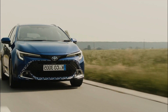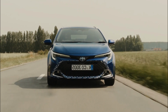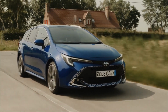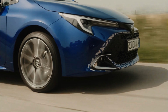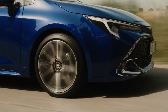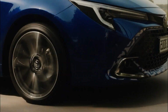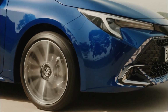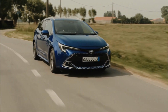Toyota has not only focused on advanced technology and an improved engine, but they've also included a slew of safety features in the vehicle. They've added the Toyota T-Made package, which gives the car some additional features such as blind spot monitoring, safe exit assist for when you don't want to open a door on passing cars or cyclists, and the rear seat reminder system. According to Toyota, owners of the Toyota Corolla can now receive upgrades to the infotainment system thanks to the over-the-air update capability. All in all, the Corolla has received some pretty awesome upgrades, making it quieter, more comfortable, and